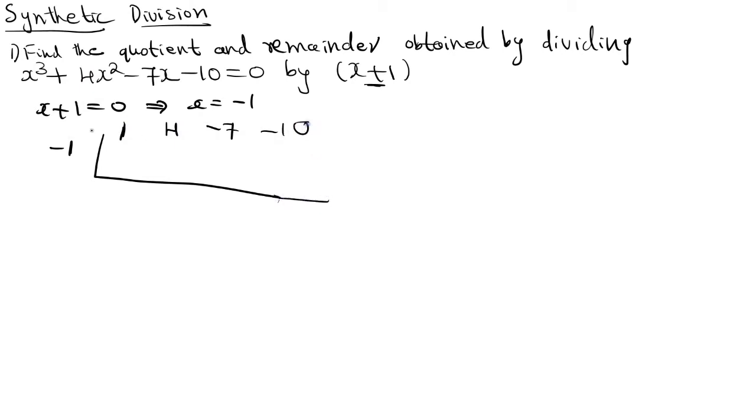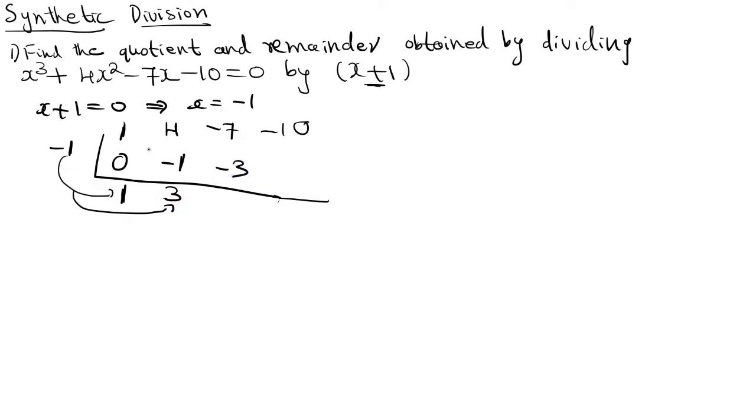Okay. Now, first here you need to take 0 itself. Minus 1 into 0 equal to 0 itself. Then add this one, 1 plus 0 equal to 1. Next, minus 1 into 1 equal to minus 1. You need to multiply minus 1 to here. 4 minus 1, what you will get? 3. Then again see, you need to multiply minus 1 to 3. So, minus 1 into 3 is equal to minus 3.